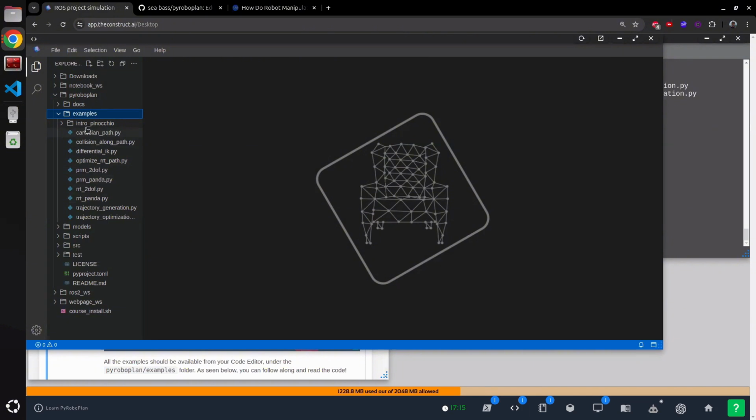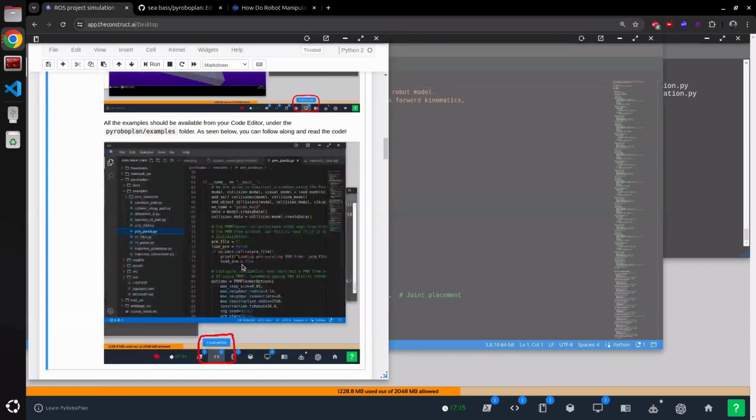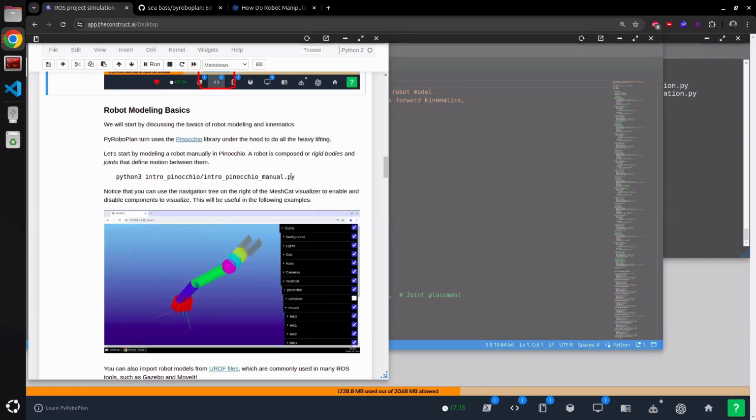So when we run these examples, we'll get to look at the code a little bit and see how this stuff works. So let's talk first about how we can model our robot arms. The first example we're going to run here is this intro Pinocchio manual file. This tool was made by reusing existing libraries that already let you model robots. And if you haven't heard of it, there's a really great library called Pinocchio that basically gives you the ability